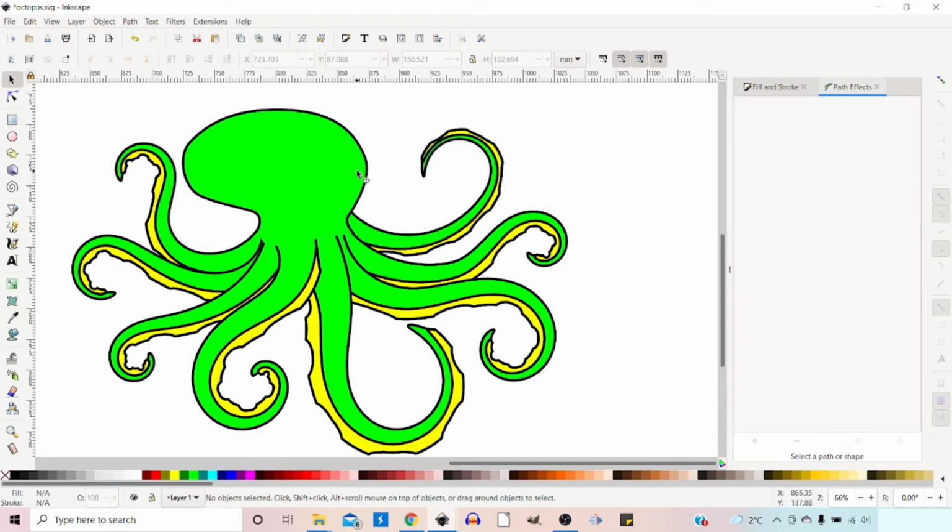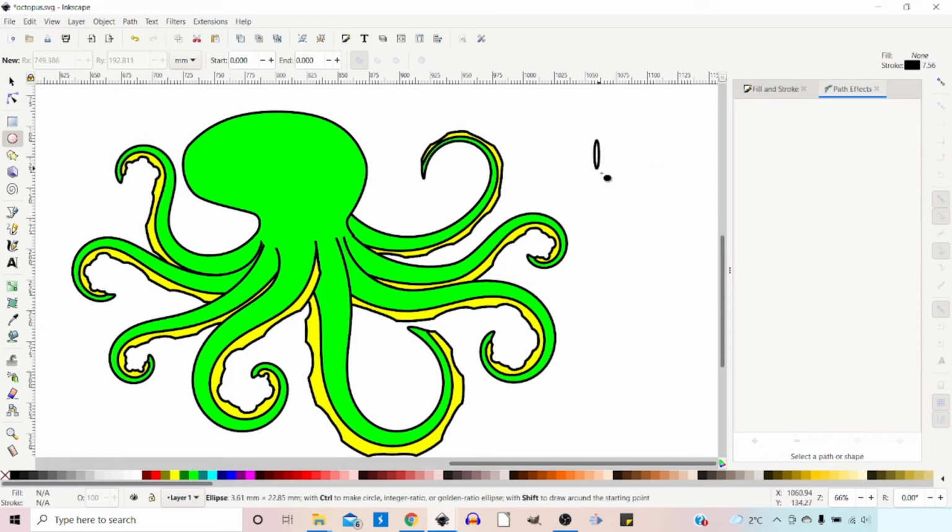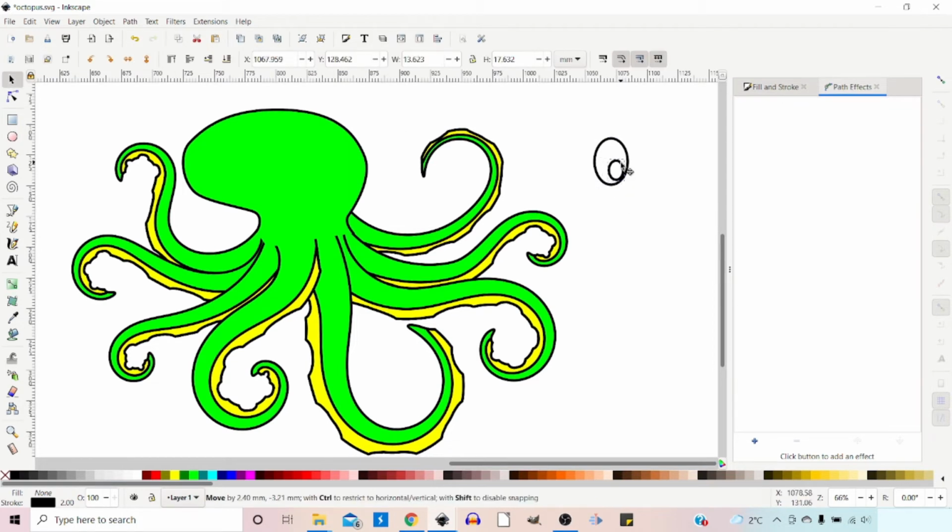So the next thing I want to do is put some eyes on. I'm going to draw our eyeballs. So I'm going to drag out an ellipse. I'm then going to drag out a smaller ellipse inside. Get my selection tool. I can move this one up a touch, like so. I'm going to colour it black. And that'll do me, so I can group those together. So I come up to group them together, and press Ctrl D to duplicate, and we have two